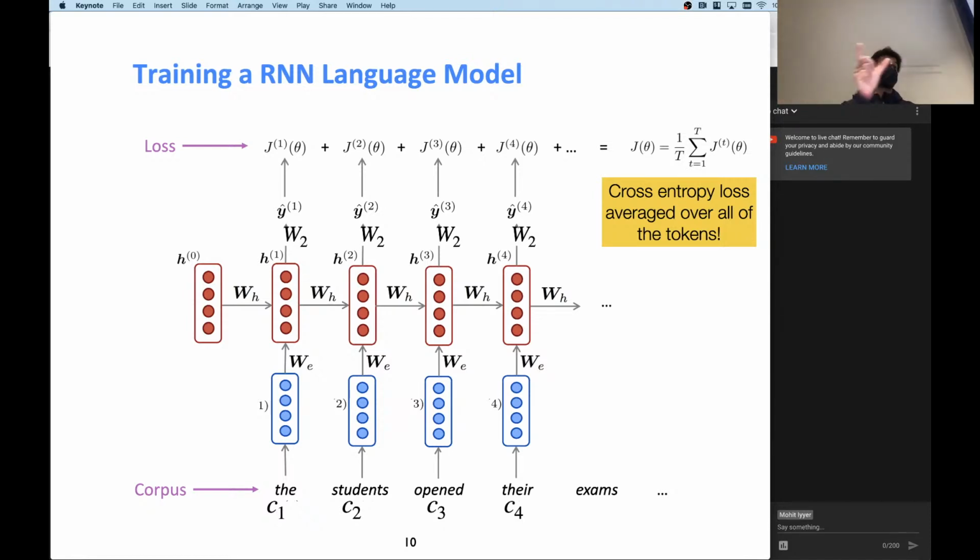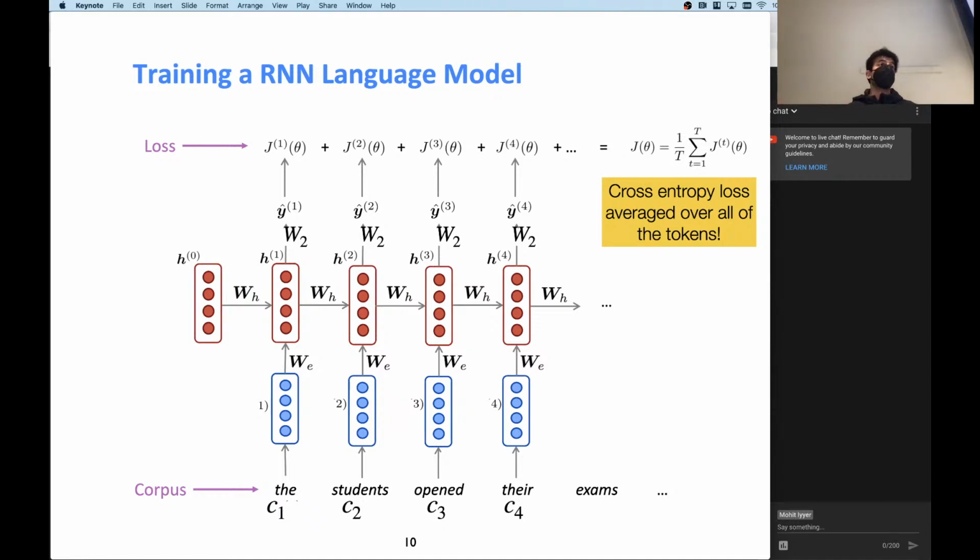Each prefix of the sequence can be used as an input example for language modeling, right? So given the students, I might want to predict open. Given the students opened, I might want to predict there. And so the point of having all of these losses at each token is that you can efficiently compute all of these losses with one